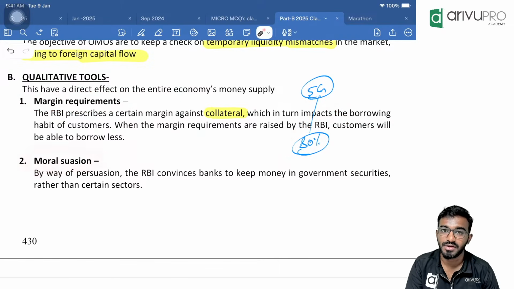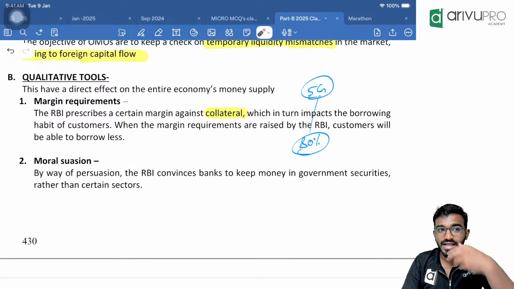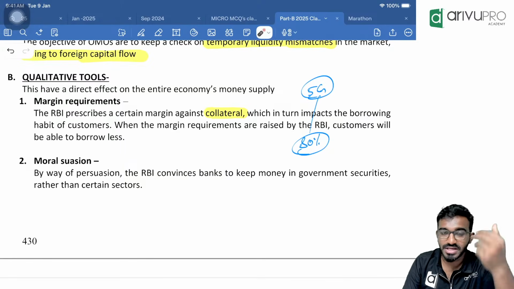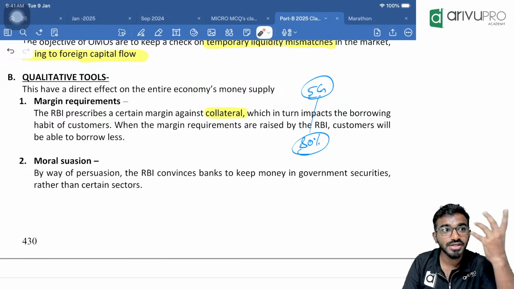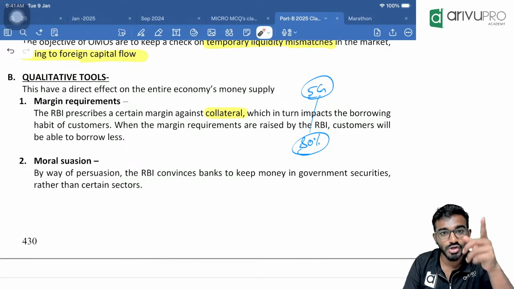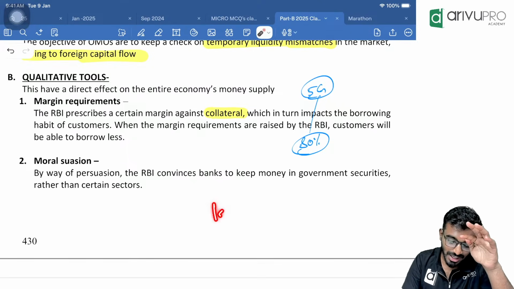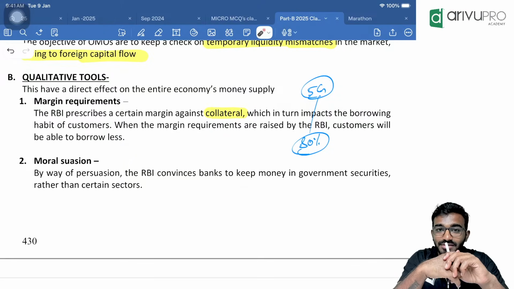Moral suasion. Morally pressurizing. Morally persuading. See, recently I went to withdraw cash from my own account in Kotak Mahindra Bank. For withdrawing my own money, they have levied charges. Withdrawal charges. I was like, stupidity. Yes, RBI is saying we don't want to encourage cash transactions. We want only online transactions. Even from your own account, if you withdraw money, we will levy charges. Upon that charge, Nirmala Aunty's share is also there, 18% GST. Everywhere Nirmala Aunty is looting.